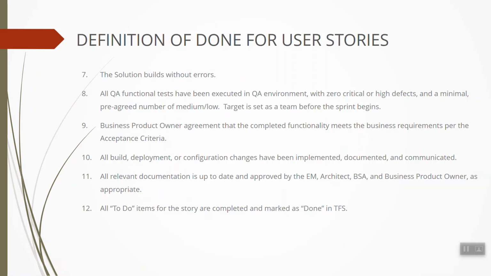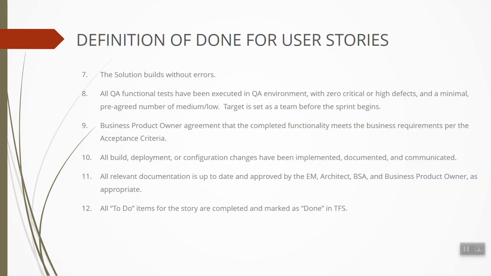So before the start of a sprint, the product owner can go back and look into the acceptance criteria and approve it. All build, development, or configuration changes have been implemented, documented, and communicated